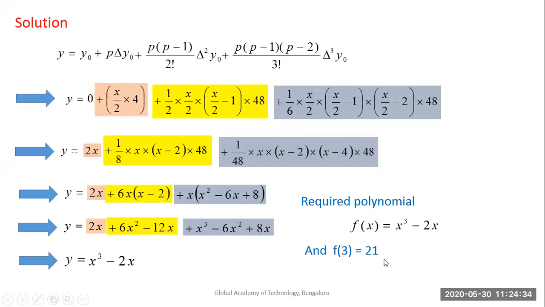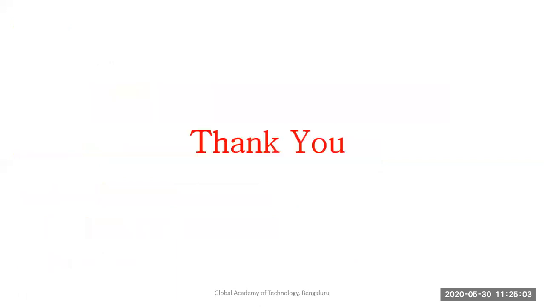So this is a method to find the interpolating polynomial. You can have similar examples where you need to apply the backward difference formula or backward difference table. In that case, the formula will change, but the method is similar. So you can construct the interpolating polynomial using both the forward interpolation formula as well as the backward interpolation formula. So we stop at this point. In the next video we discuss one more method for interpolation.